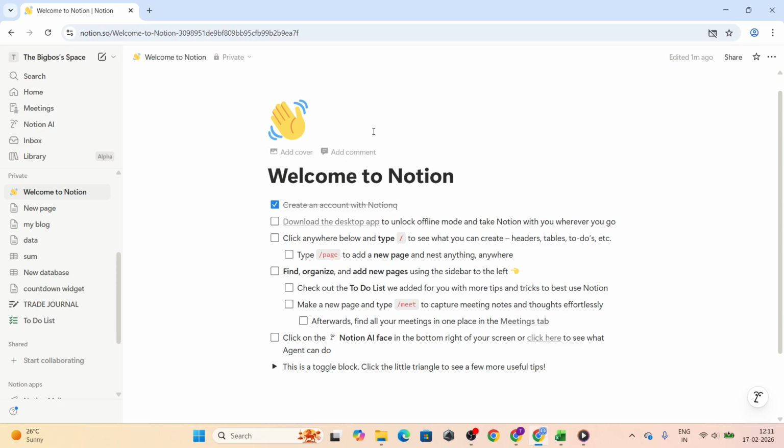In today's video, I'm going to teach you how to export content from Notion. If you are looking to back up your workspace, move information to another tool, or simply keep a local copy of your notes and databases, exporting is the safest and most reliable way to do it. I'll walk you through where to find the export controls, how to choose the right format, and what to expect